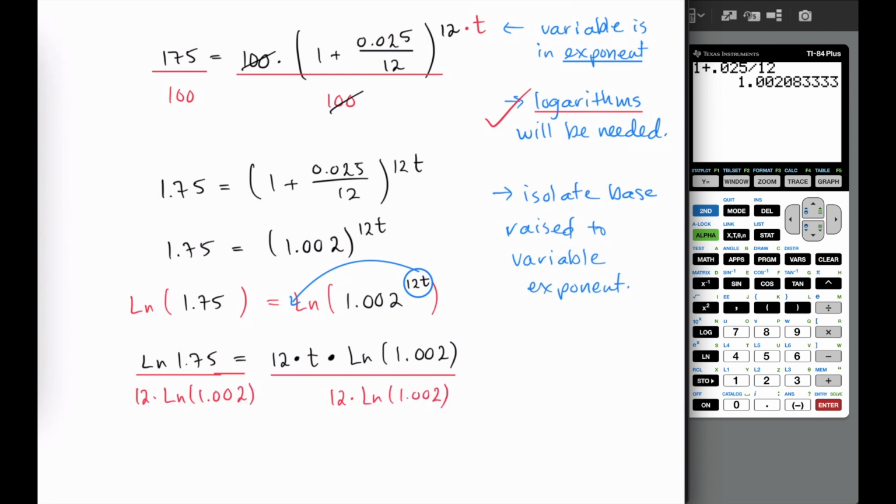We need to divide both sides by those same two factors. And now the 12s cancel out, the ln's cancel out, and I'm left with just t on the right side of the equation, but I'm actually going to switch sides so that it's on the left. And our answer, ln 1.75 over 12 times ln of this rounded off quantity, this is technically correct, but because